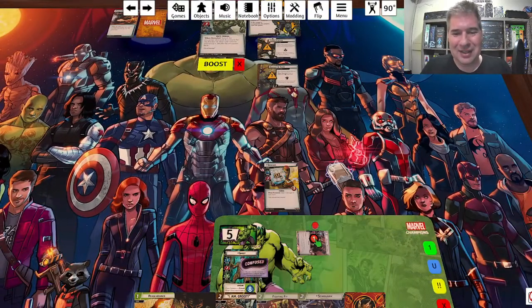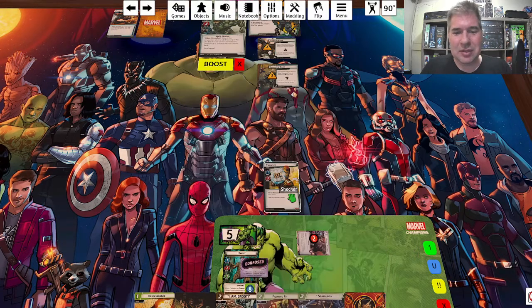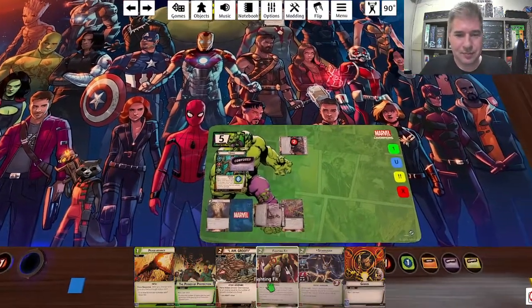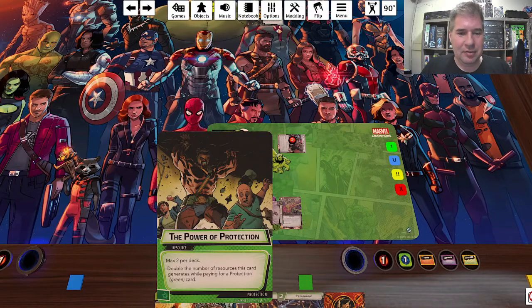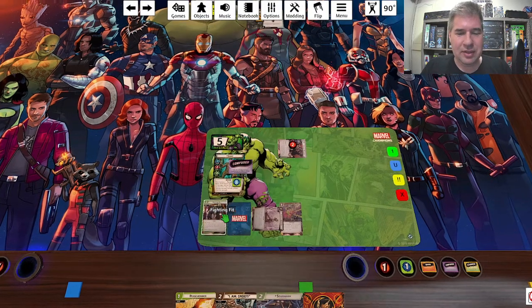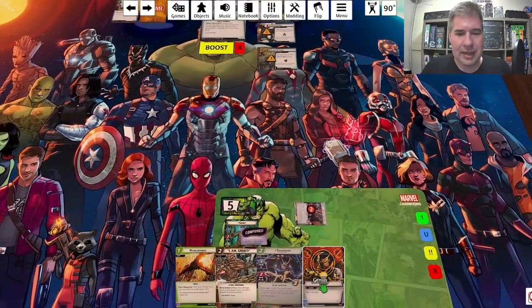All right. So, Rocket's going to attack. Rocket's going to attack him. He's going to do 4 damage. So, that's 3 with 1 overkill. Let's do Power of Protection to do Fighting Pit. So that's 2 damage. 1, 2. We are going to pay...